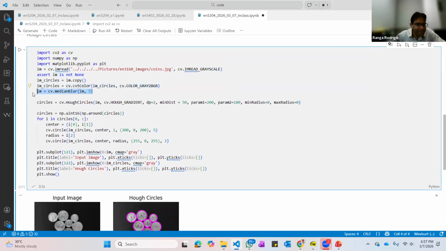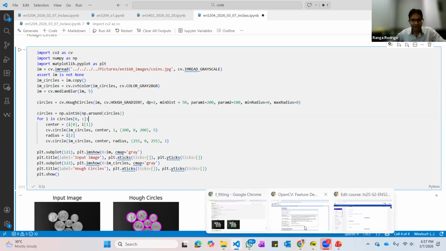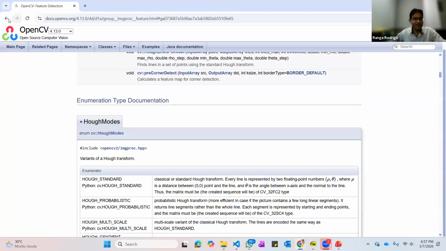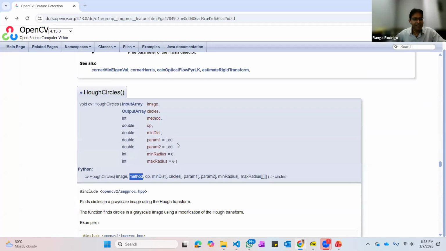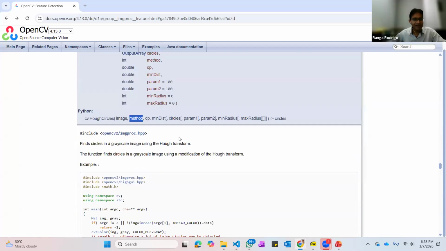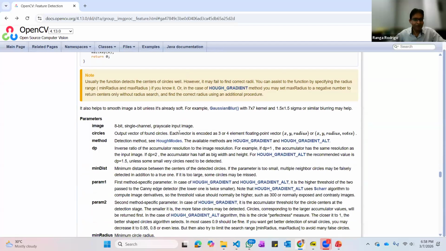And then first of all, we have to median blur the original image. Then in the original image, you run the Hough circles. These parameters I took from the previous example that I did at home. So that you have to read about from the OpenCV help on Hough circles, unfortunately. So that help is here. You can see, you can get the Hough circles help and read about what these things mean. Yes. So I'm sorry, I don't know what to say